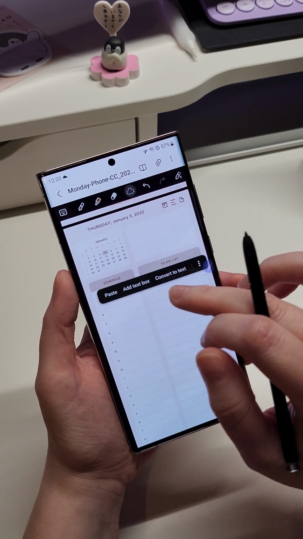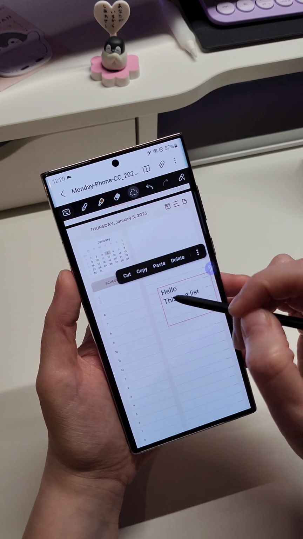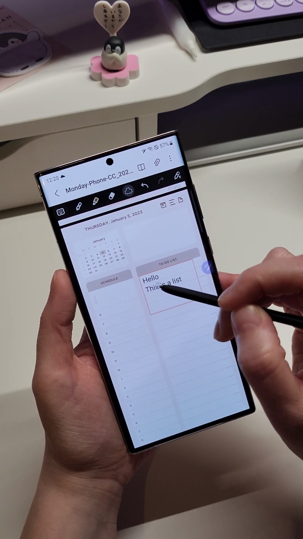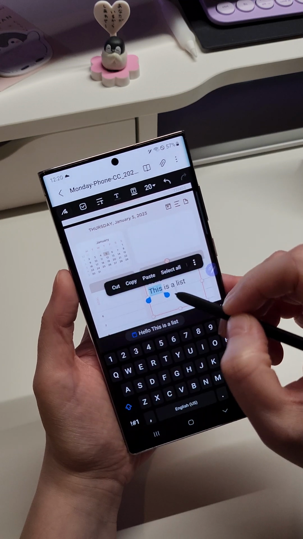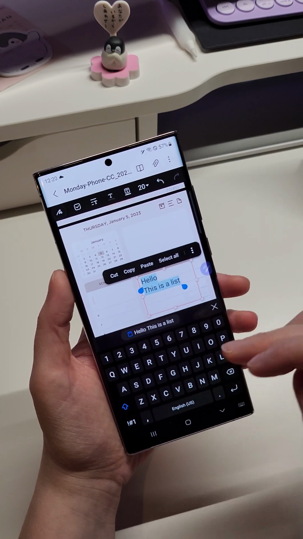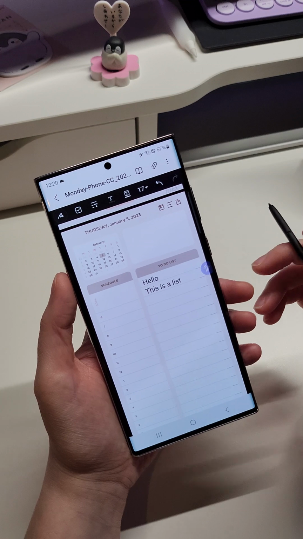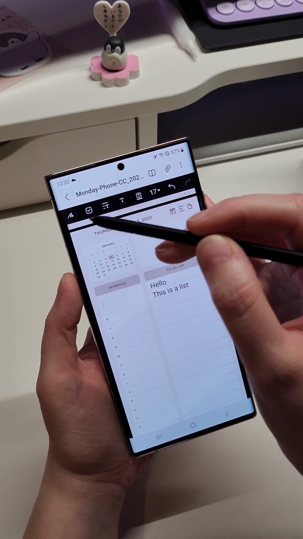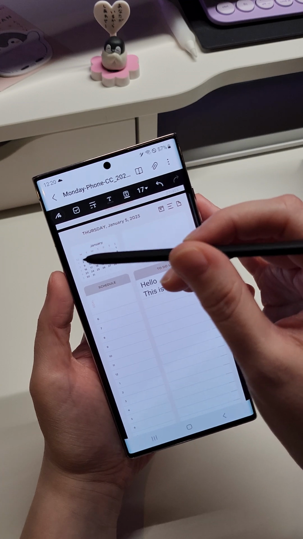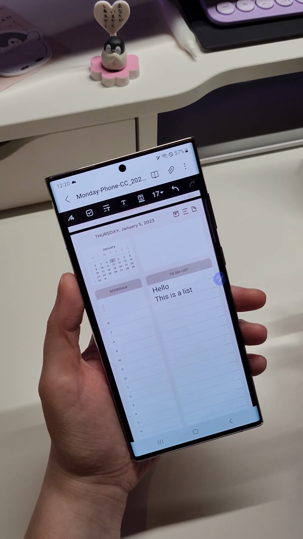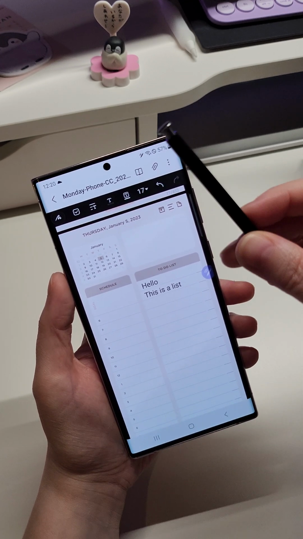So I paste it here. I can paste with my finger. I paste it here, my text box that's already formatted the way I want it, and just type new text for the next day. So if you of course wish to write using your S Pen, what's also great is that if you have both the Samsung Tab and the Samsung